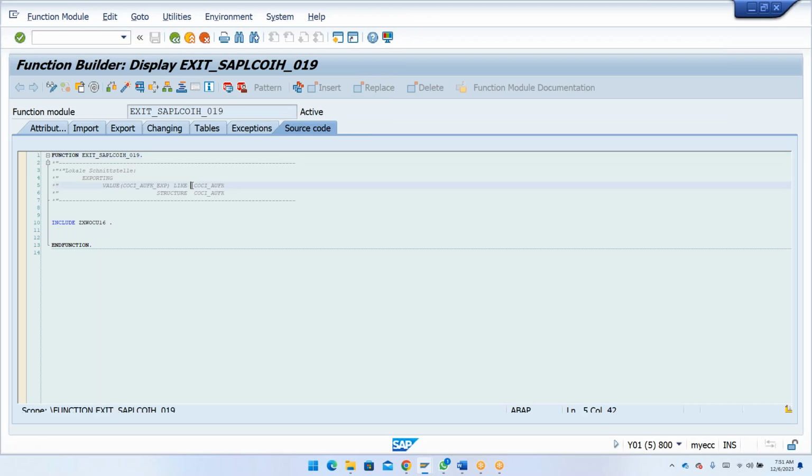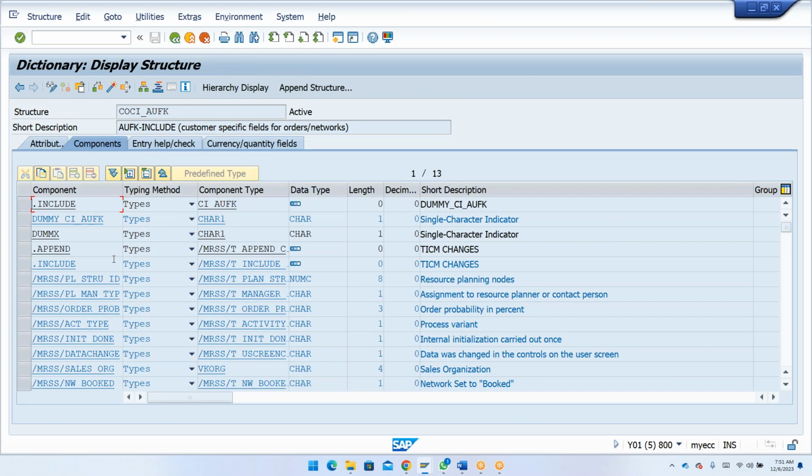in this, first of all, you also need to add your field. So COCI_AUFK. Here you will not be having your custom field. The custom fields have to be added, then you can get that one. So there are so many things that you have to do. So first thing is we have to